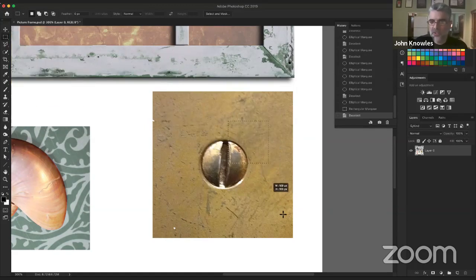You're looking at that screw and you're like, you know what? I just want to select that screw. I don't want the wood or whatever that is, or the distressed metal it's in. I just want to grab that screw. But here's the problem. I'm going to use a circular marquee here, the ellipse tool, and I'm going to draw my perfect circle, but man, it is drawing from that top corner and I can't get it. I mean, I can drag it after the fact, sure, but man, it would be nice to try and